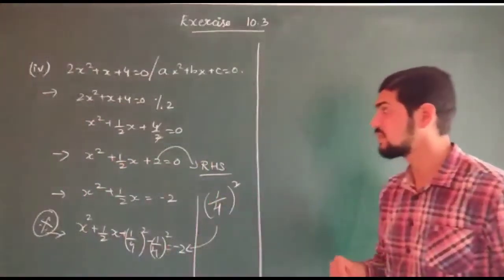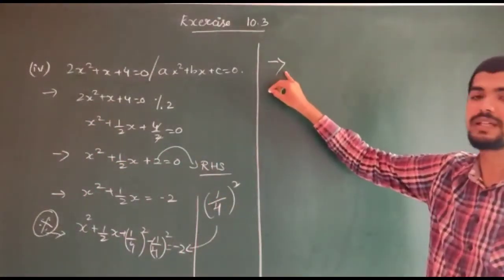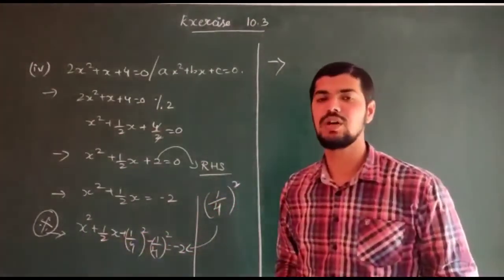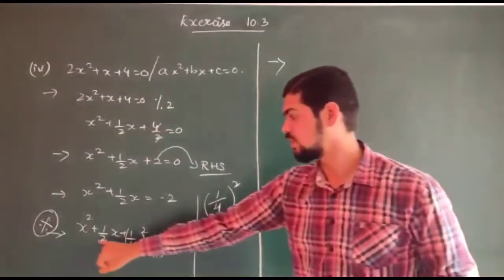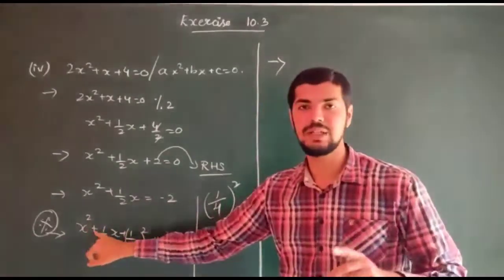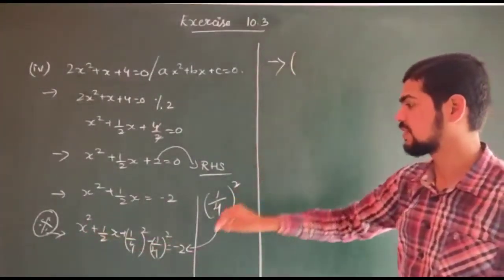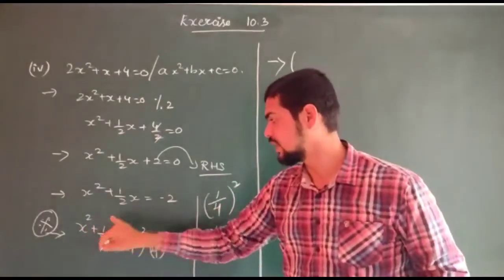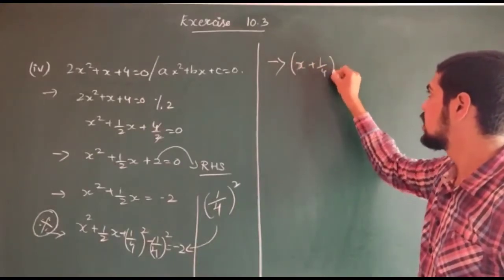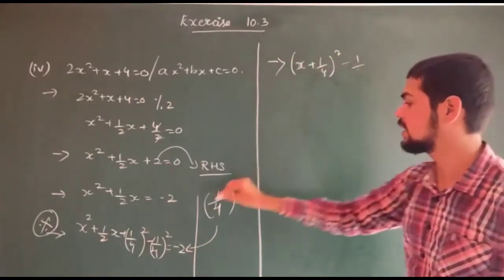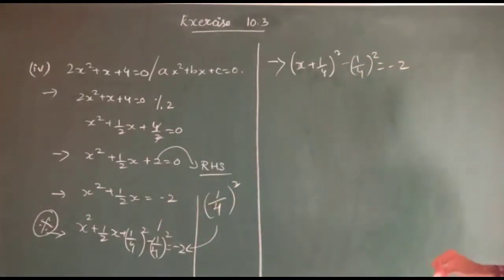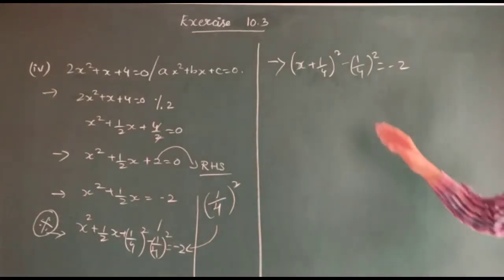Yes. Can you tell me what is my fifth step? Fifth step is completing the square, that is reducing this equation in the form of a plus b whole square or a minus b whole square. So carefully observe, after the x square I have a plus term here, right? So this will reduce to a plus b whole square. That is a square plus b square plus 2 into a into b will be reduced to a plus b whole square. Then the remaining term is minus 1 by 4 whole square is equal to minus 2. Is it fine?